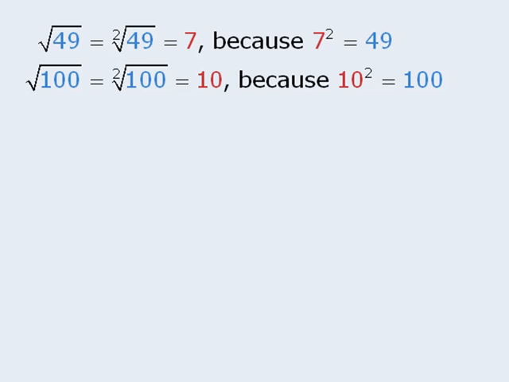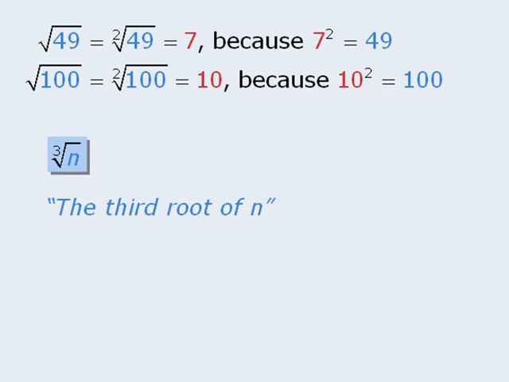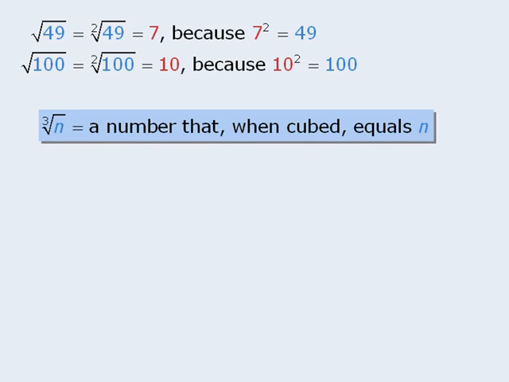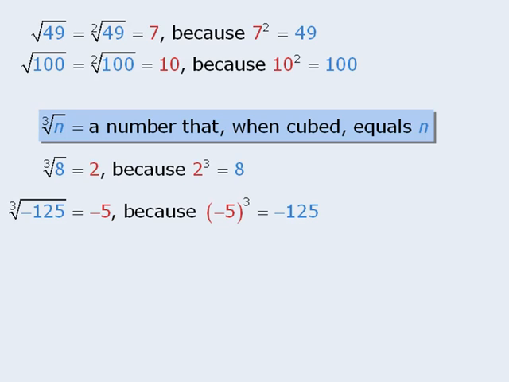We can now take this concept and extend it to other roots, such as this one. This expression is read as the third root of n, or the cube root of n. The definition of this is as follows. The cube root of n is a number that, when cubed, equals n. So, for example, the cube root of 8 is equal to 2, since 2 cubed is equal to 8. Similarly, the cube root of negative 125 is equal to negative 5, since negative 5 cubed is equal to negative